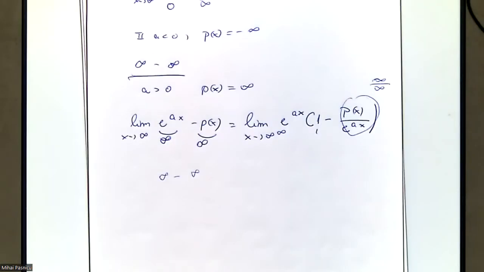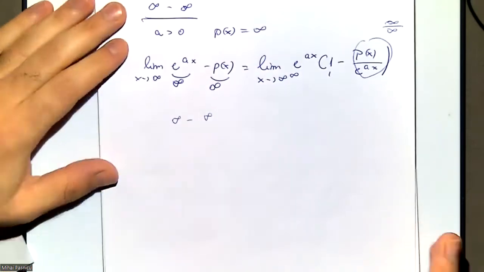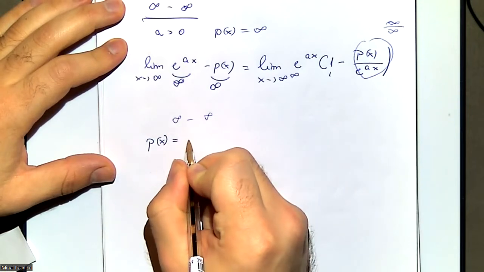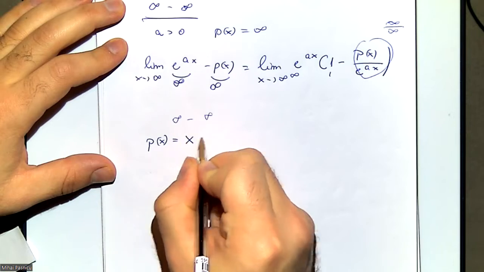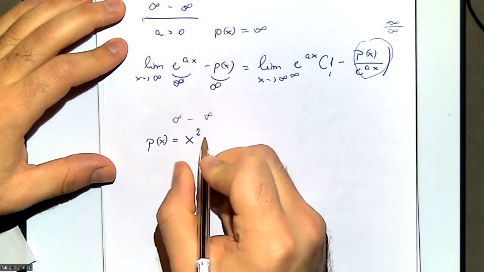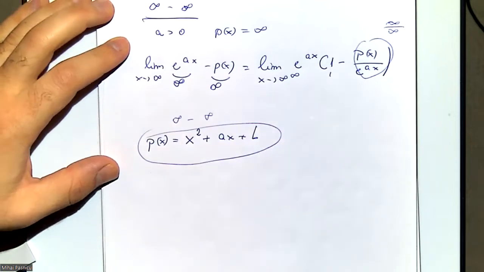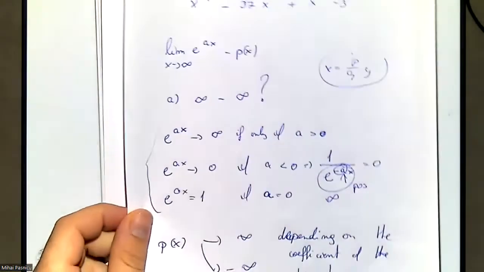Now, I could give you the general case and try to solve it and be done with it, but I don't think it's going to build the intuition that you need for this type of problem. So my suggestion, and a lot of the students didn't quite see until they solved it, which was a struggle, is to just take an x squared plus ax plus b. Just take this as an example. And after you solve this, it's going to make sense why it works for the general case,